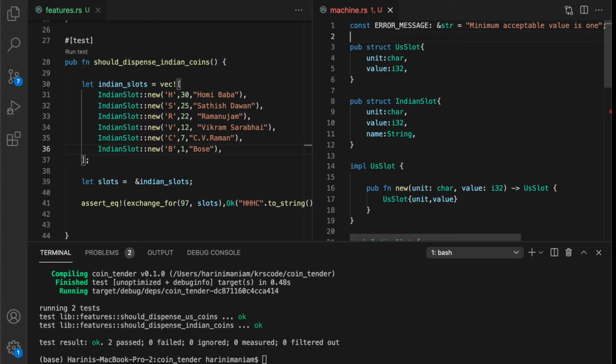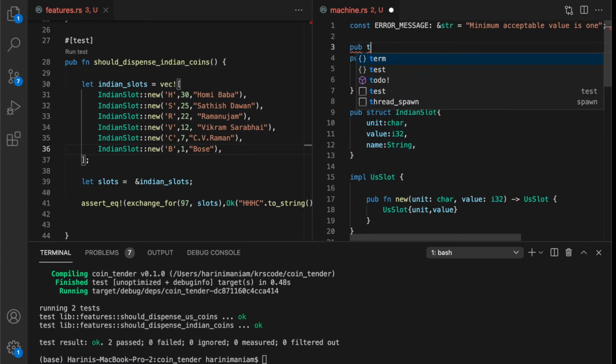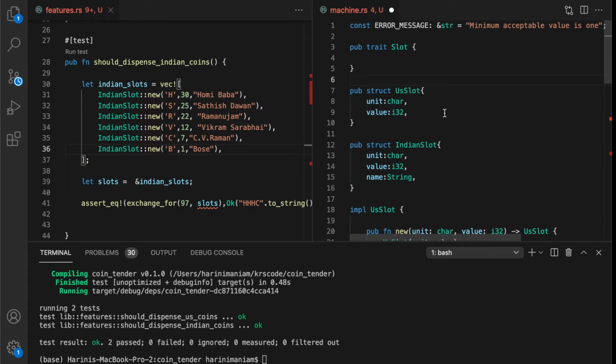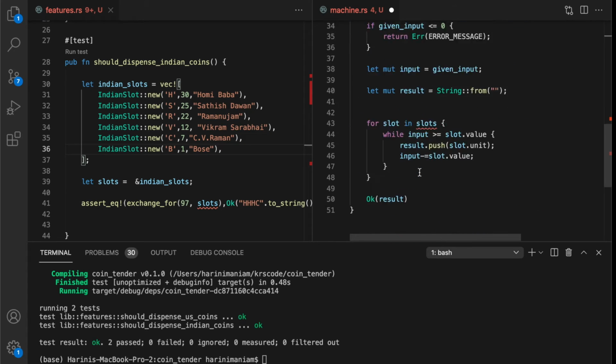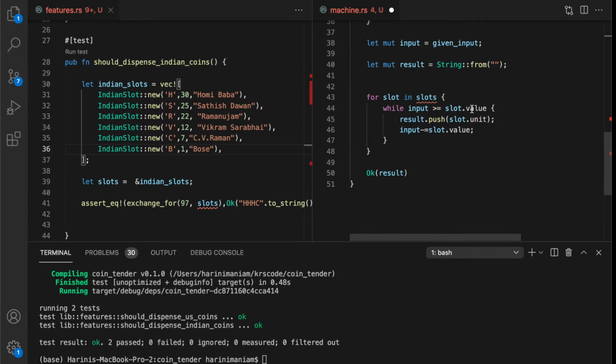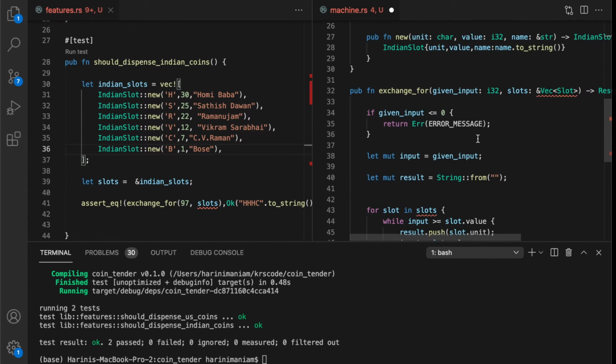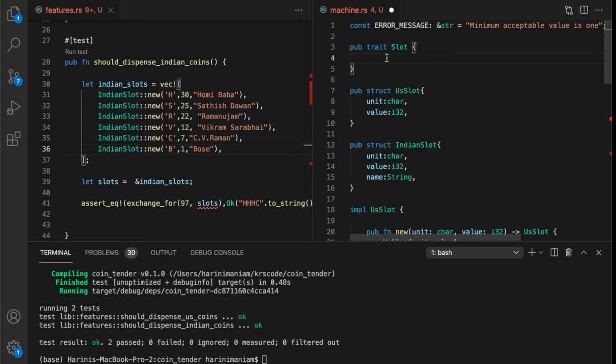So let me start with a trait, because I have to expose the US slot and the Indian slot through this trait, trait Slot. What is common between the US slot and the Indian slot is an ability to access the unit and the value. So it is more like I have to offer only a getter for the unit and a getter for the value. So this trait is going to have two getter methods. We won't use get_unit or get_value, rather we'll use the same signature as